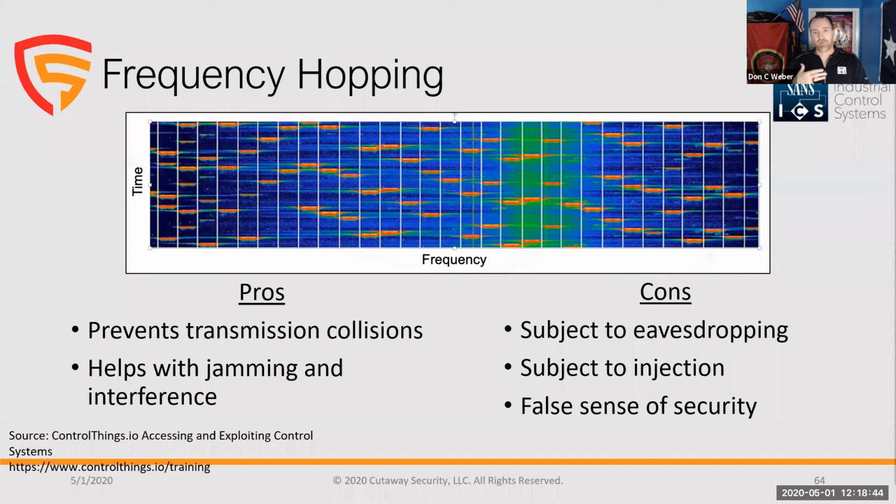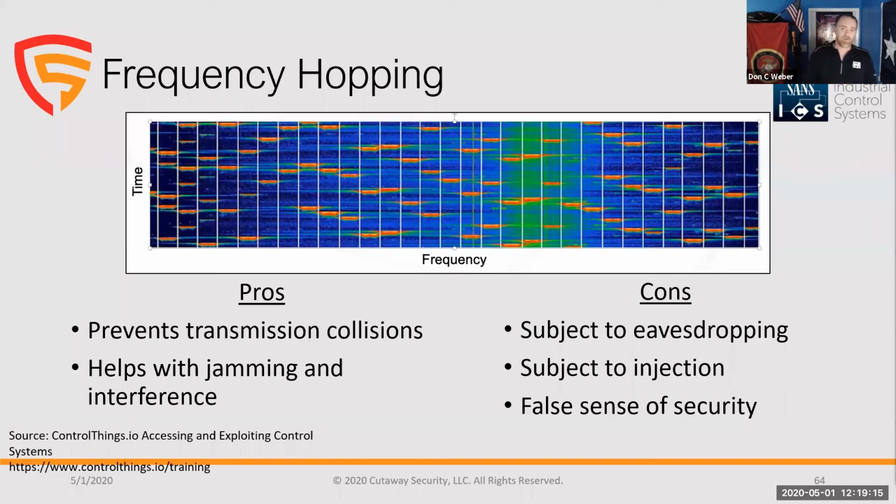People like myself, people that are attacking, or I'm not an attacker, I'm a security researcher. When I'm trying to understand this, I look at that. But attackers are looking at the same things. They're taking that into consideration. Not only can I predict the pattern there, but why? I can just eavesdrop on any single one of those channels and I can get the information. And actually, I can inject information on any one of those channels. I can just find out what the center frequency for any one of those specific hops is